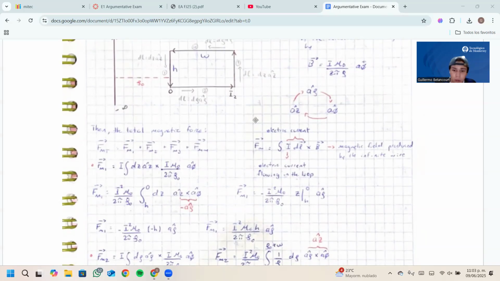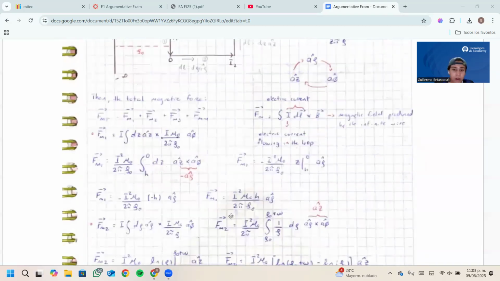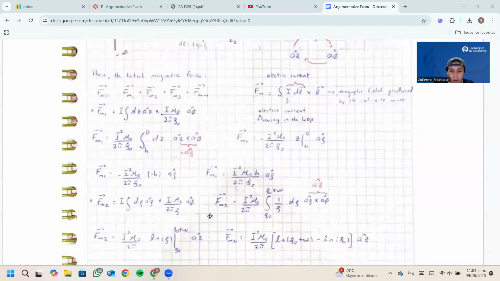And then we know that cross product between these two vectors is equal to a negative because of this. And then we evaluate our integral, and we are only left with this. The same process is here